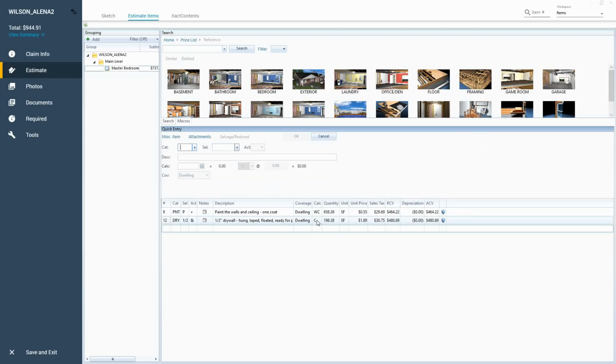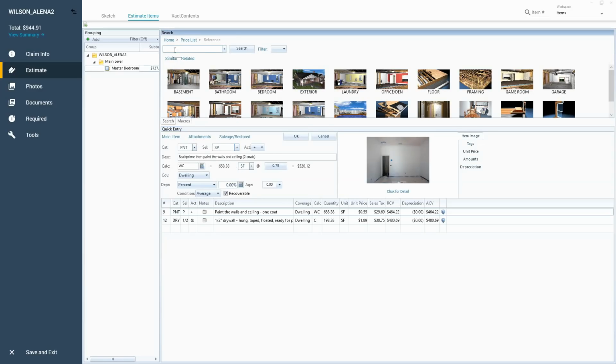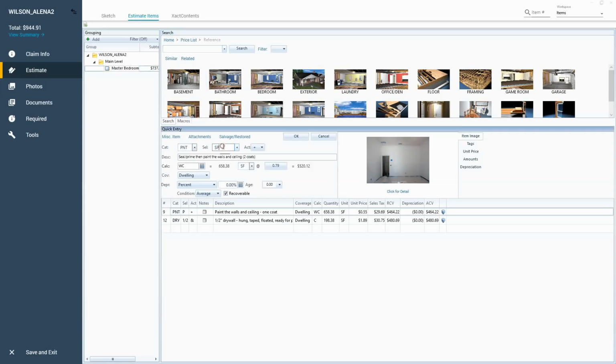for ceiling. Now, most of you contractors out there probably you're banging your head against the wall. You can't just paint one coat. Okay, fine. Let's go back and we'll affect that line item, no problem. So I can go back to my paint one coat, and we actually should probably seal and paint, and that's where I can change my category and selector code, or I could go up and just search for seal and paint. That would be fine, but I'm just going to change my selector code from P for paint to SP,